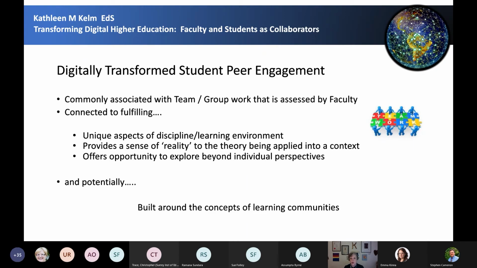What it could be used for is as a way to create a reality, in other words, an environment where the engagement's going on, but the engagement's going on in a meaningful way from an accountability perspective. In other words, it isn't just the actual work that's being done by the students, but also it is capturing the essence of the collaboration. It could be used for assessment. It could be used to provide feedback. It could be used in a manner that is meaningful for the students.